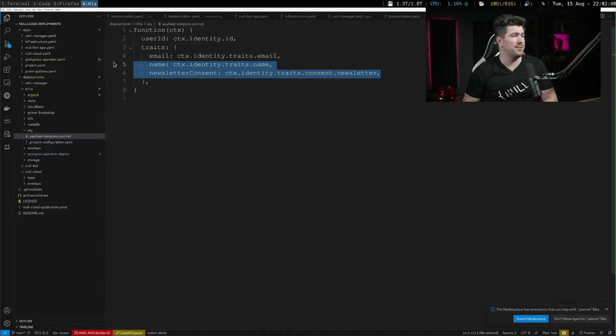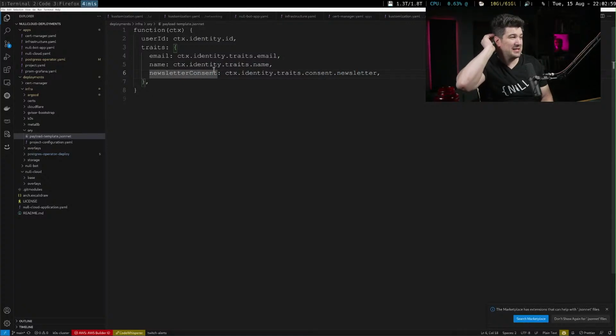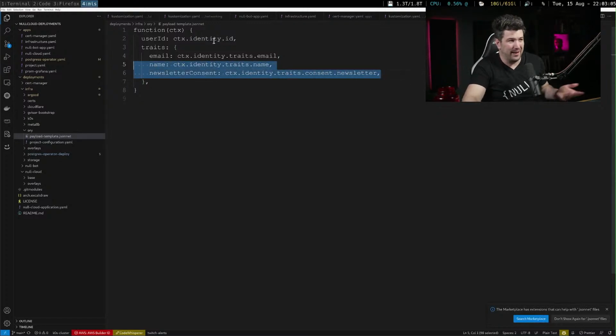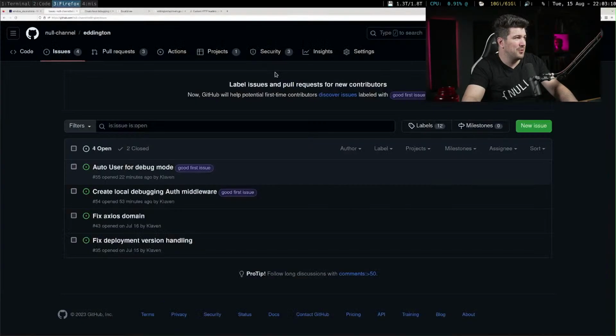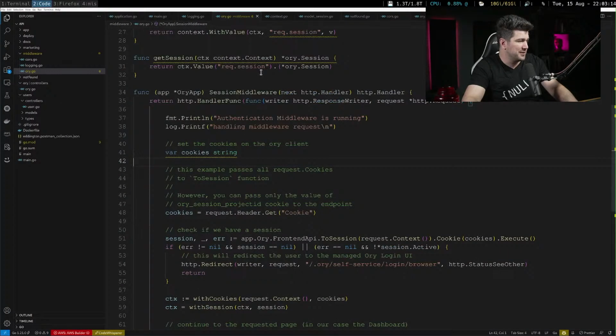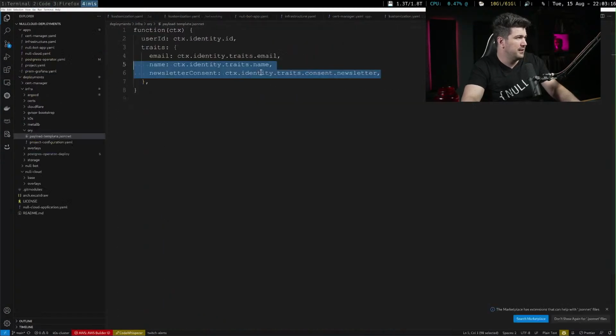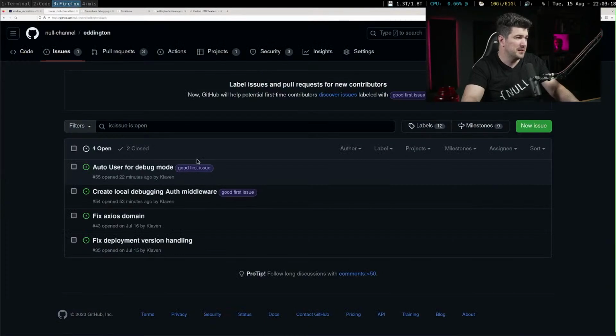Now, I think part of fixing this is that I actually want their name. When you sign up, I want your name and email, and this newsletter consent. So I want a checkbox. So I think this is actually adding this to the login page. I could just remove these things, but I kind of want them. So I think that's what we need to do. Yeah, so let's add that. That's a good piece of front end work.